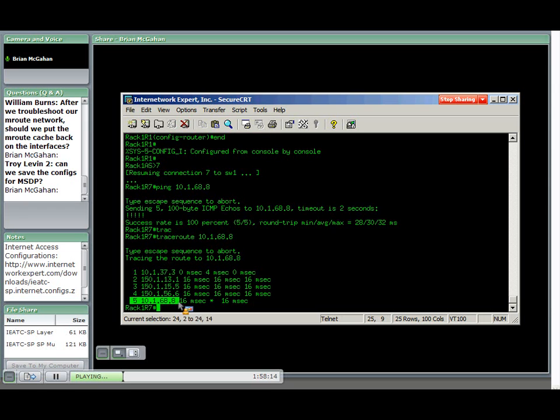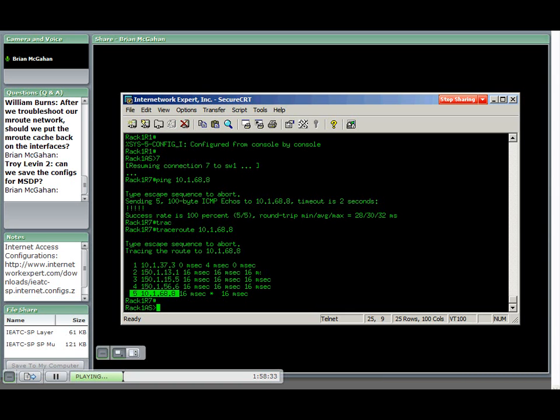Okay, the previous path that we had, it was going from 3 to 1 to 2, then 2 was sending it over to AS 456, over to router 4, then it was going up from 4 to 5 to 6, then finally on to 8. If we look at the BGP table now in AS 456, if we go to router 5